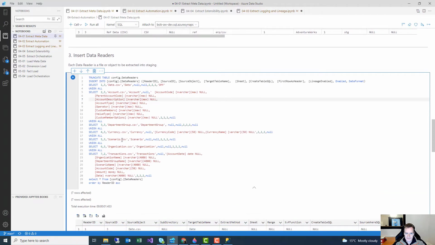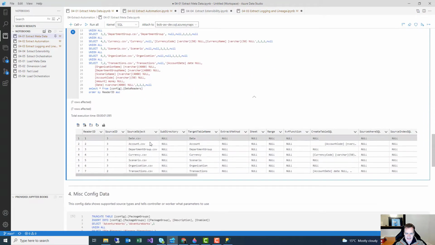So I've only defined it on 2 of them. The rest it's going to infer. Okay, so let's run this to add that. And then within the data readers table, I've now got these 7 rows that just define the files that now